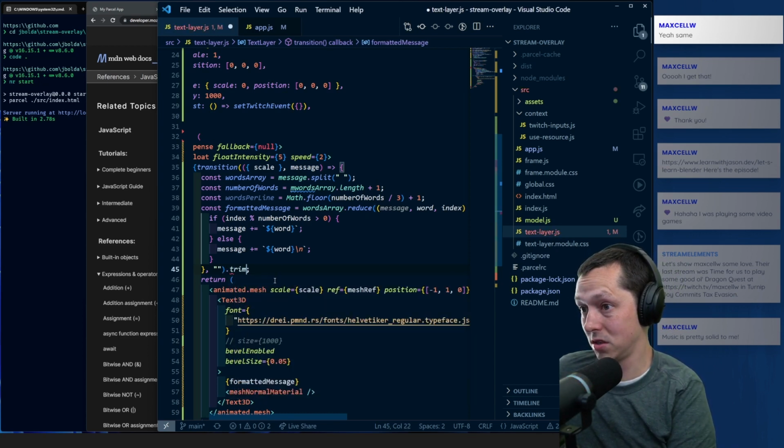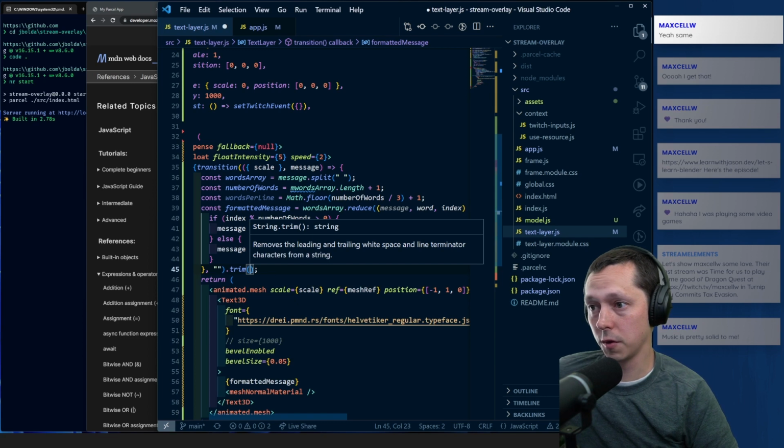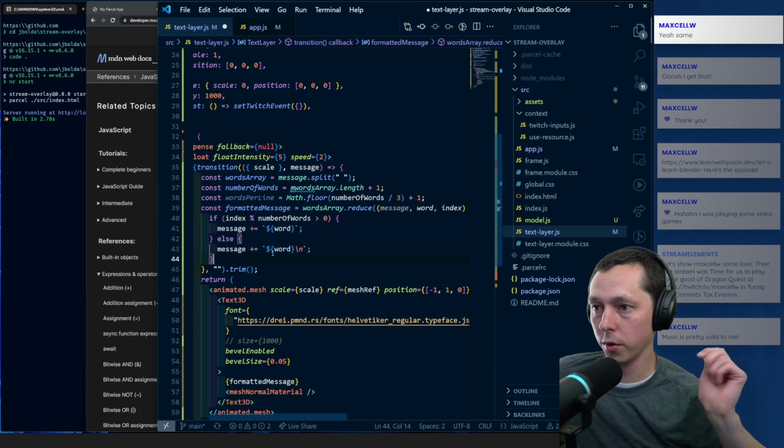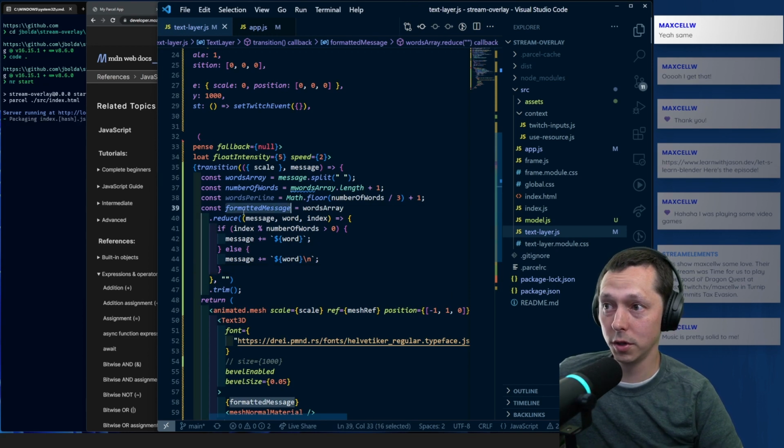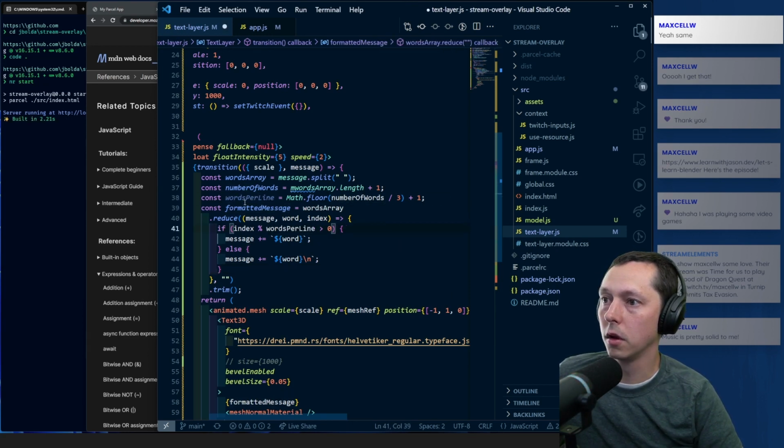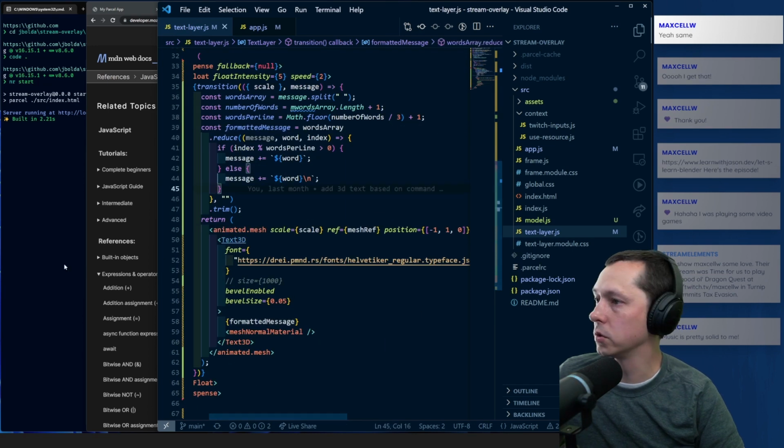And I think we want to trim that, which will get rid of the trailing new line. So assuming I did words per line, we want our remainder to be on the words per line, not the total number of words. Okay, so assuming I did that right,